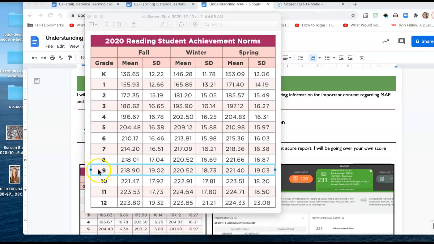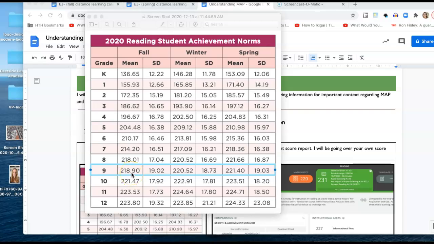Obviously, we're in ninth grade here. In the next three columns are subdivided from three. So we have the fall test, then the winter test, and the spring test. So we're going to be discussing the fall test that we took back in October. So if we go to ninth grade, we can see that the mean, or the average, the national average, is about